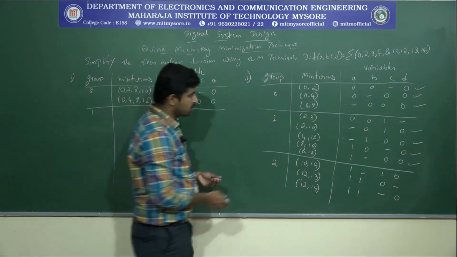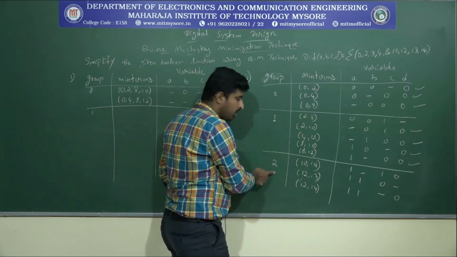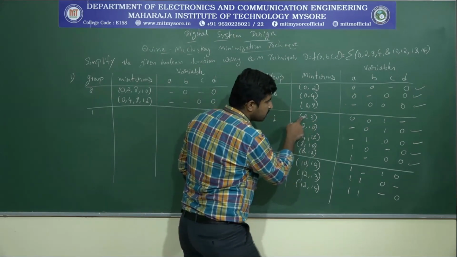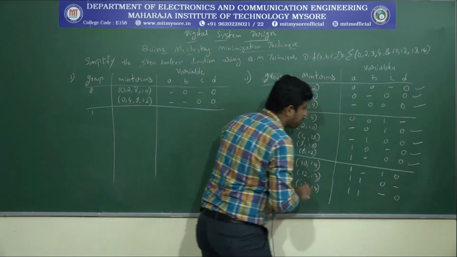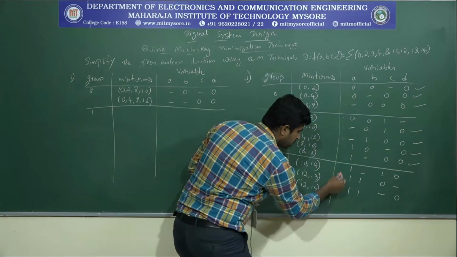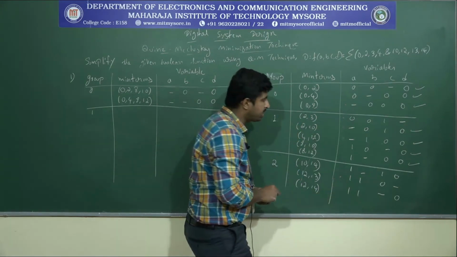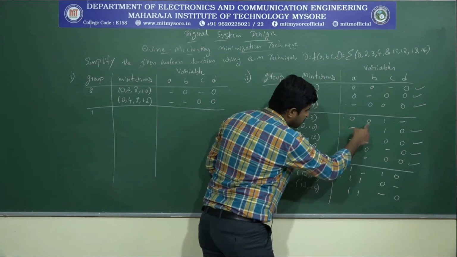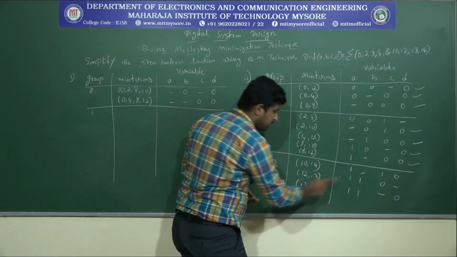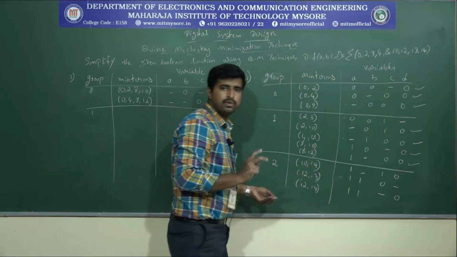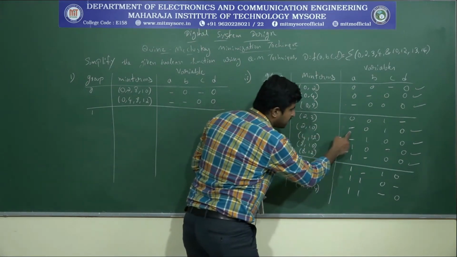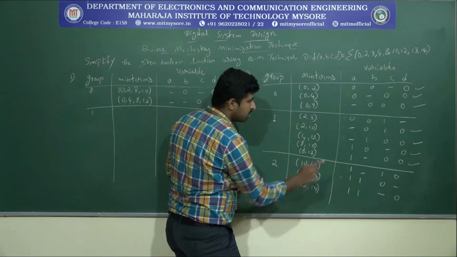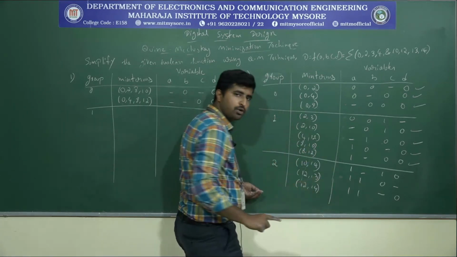Group 1. Okay, so here now we are going to compare the group 1 with the group 2 minterms. 2, 3. So here last dash. So we can possibly compare the 2, 3 with the 12, 13, right? So dash dash. Let's see the remaining variables. 0, 1, 0, 1. Two variables have been changed. That means we are not able to group. Leave as it is. Next, 2, 10 is the first dash. So we are not able to group it with any other one. 4, 12 also not able to group.